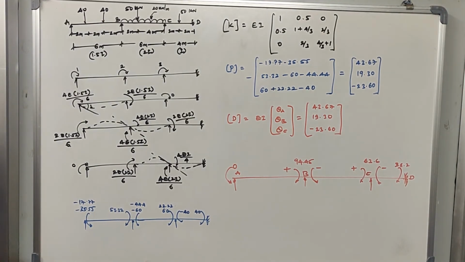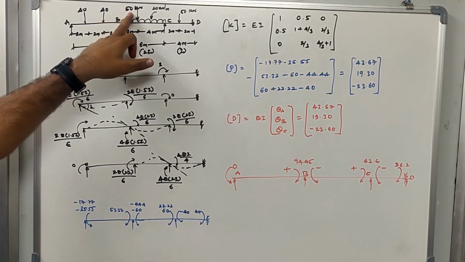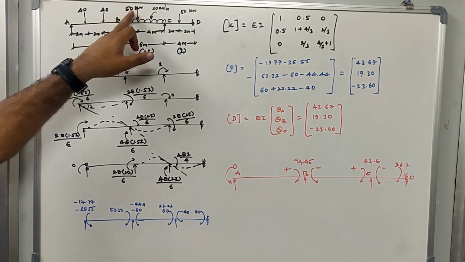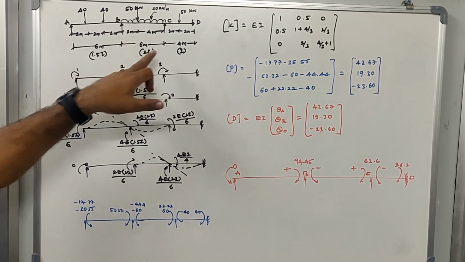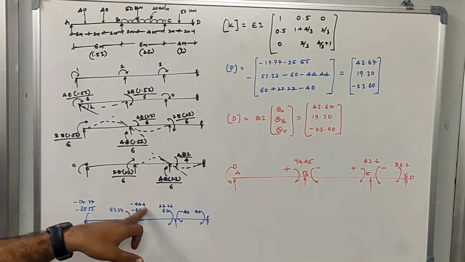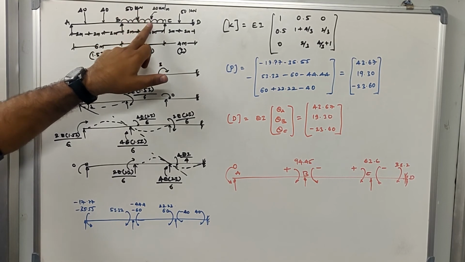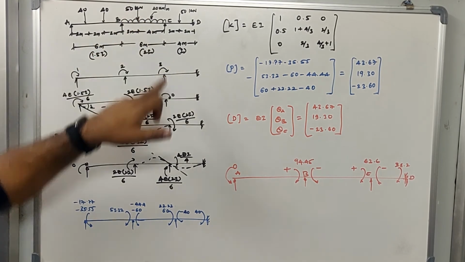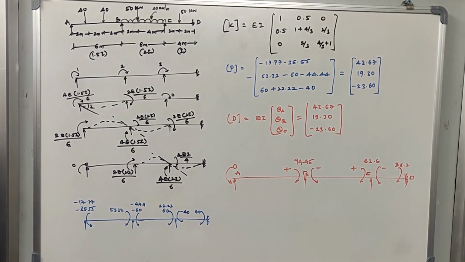Next thing what we do is we superimpose the concentrated load, and we'll try to find out how much is the fixed end moment created only because of this concentrated load. So here 50 into 2 into 4 square divided by 6 square is equal to minus 44.44. Now similarly 50 into 4 into 2 square divided by 6 square will give you 22.22. So this will become the fixed end moment for BC and CB.